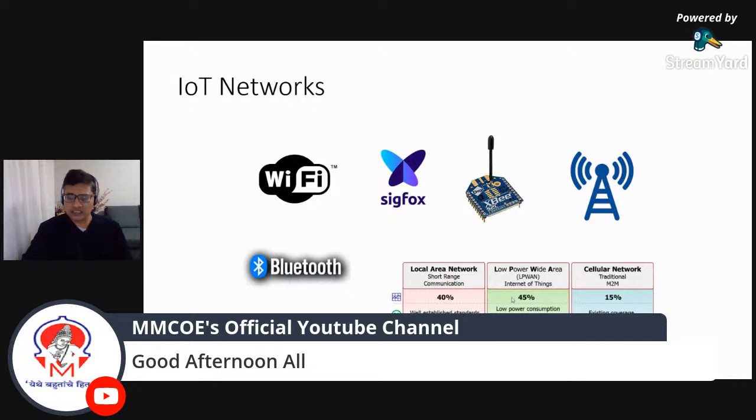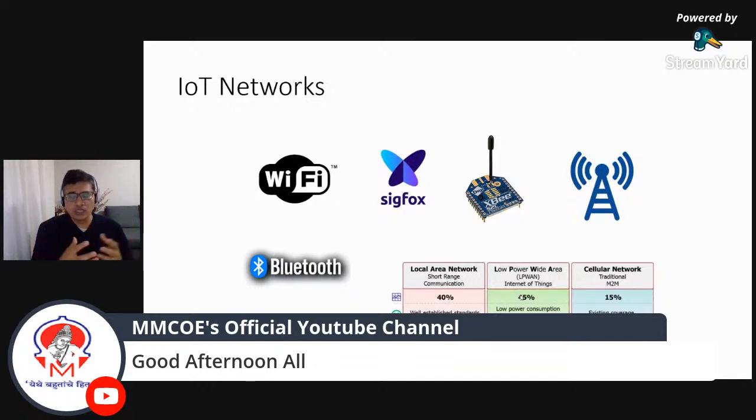You can see here that still 45% of the market segment in IoT applications is due to low power wide area networking protocols. The reason is these IoT devices are constrained in terms of energy, right? So that's why you need a protocol which consumes the least amount of energy. Also, you need a longer range to cover, right? So to reduce the overall cost of any project, because you have to deploy many sensors to make a complete IoT platform for that application.